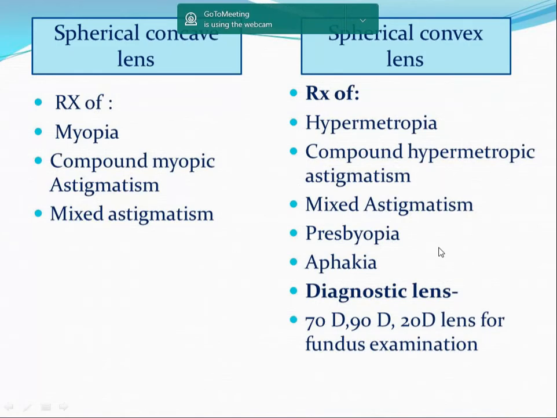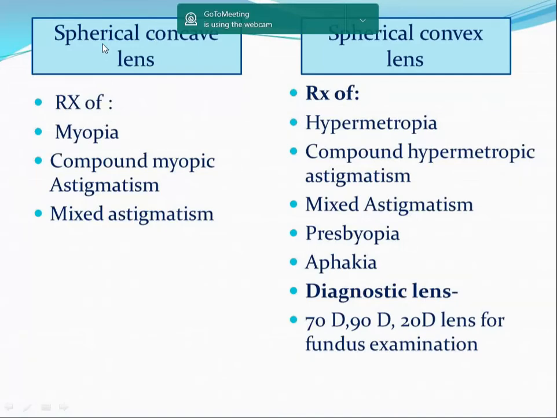Once you have made the diagnosis of the lens, they will ask you what the uses of that particular lens are. So what I'm doing now is listing the uses of spherical concave, spherical convex, cylindrical concave and cylindrical convex lenses. You can just note this down or take a photograph of this, because you might not be able to find all this in one place in the textbook. Everything will definitely be there in the textbook, but not in one place.